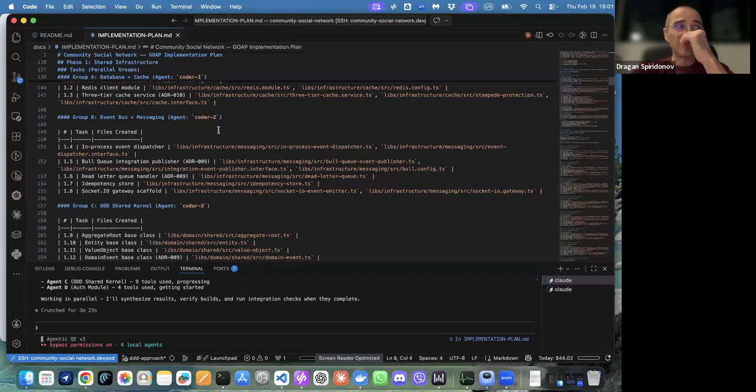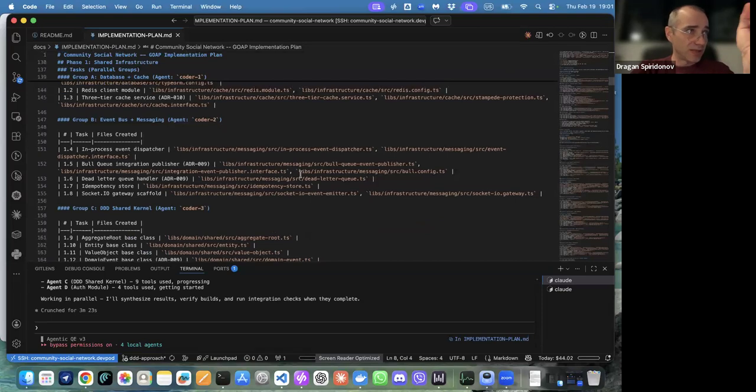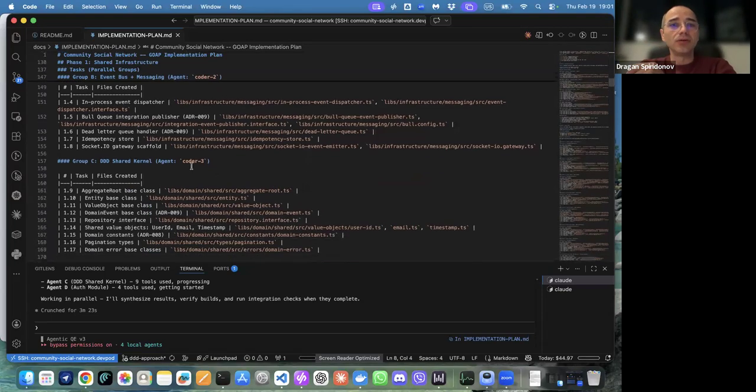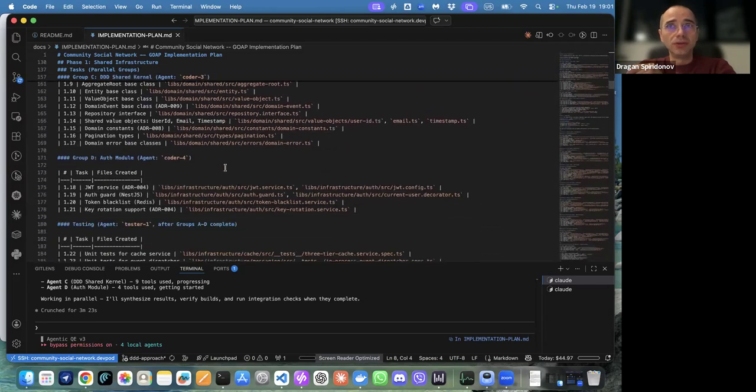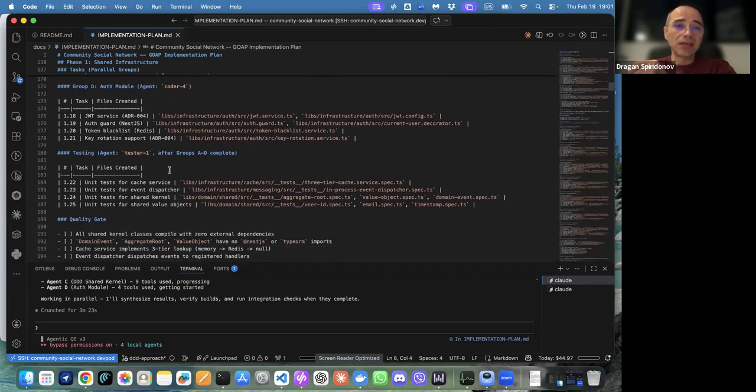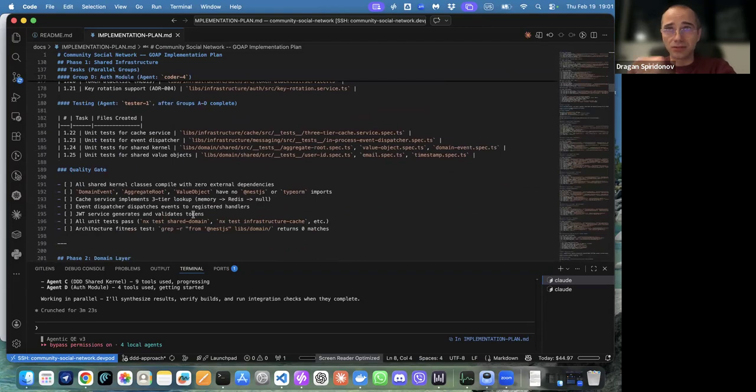That was part of the original prompt, as I asked to prepare the plan that will be executed using CloudFlow and Agentic UI agents. So it already knew that it will call coder and tester and other agents in certain phases when they are needed.